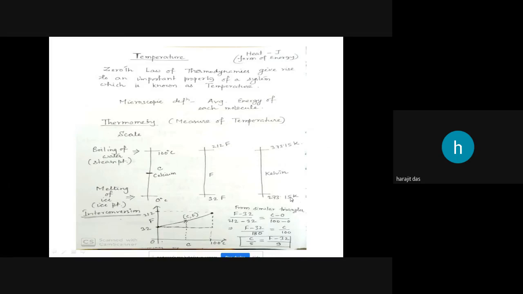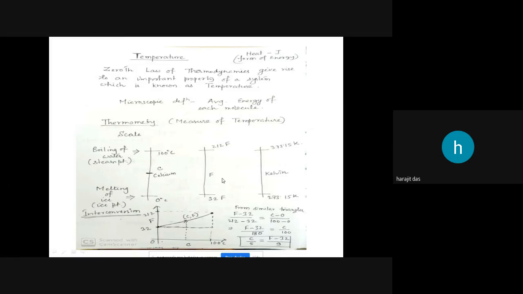So small k is used for kilopascal, kilowatt, and here capital K is for temperature scale. To find out the relation between these three, let us consider the ice point and the boiling point of water. In degree centigrade, the ice point or the melting point of water is 0 degree centigrade. So we will mark it as the basis, 0 degree centigrade, and the boiling point of water is 100 degree centigrade. So in the Celsius scale, these are the two parameters which define the freezing point and the boiling